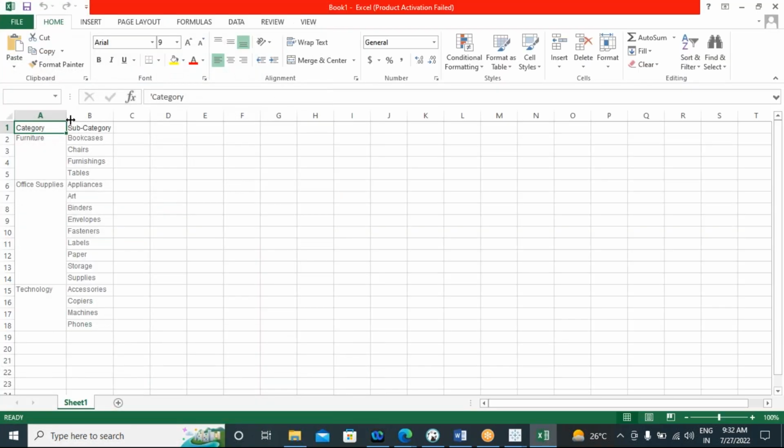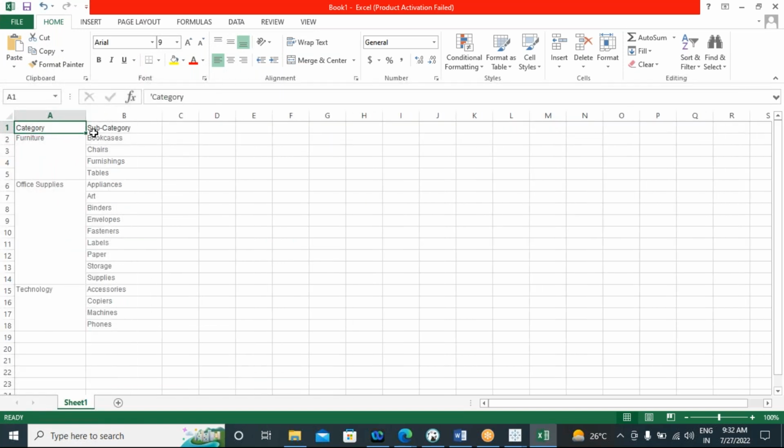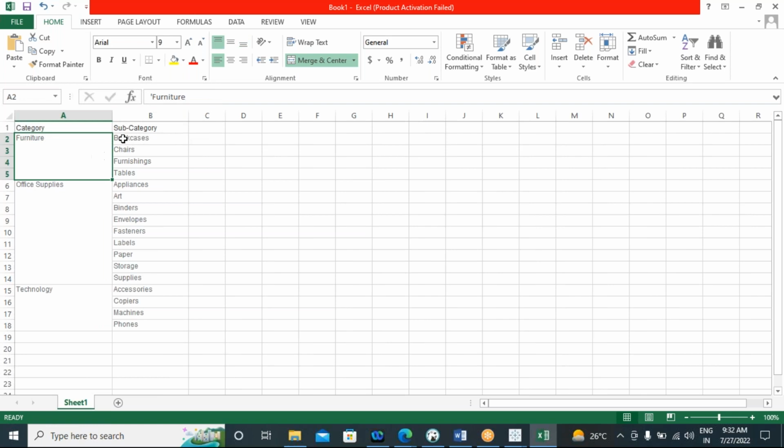So we have the data like this in the database. We have furniture related subcategories, office supplies related subcategories, and technology related subcategories. So when I go for category as a context filter,